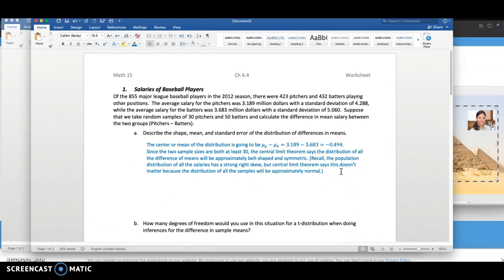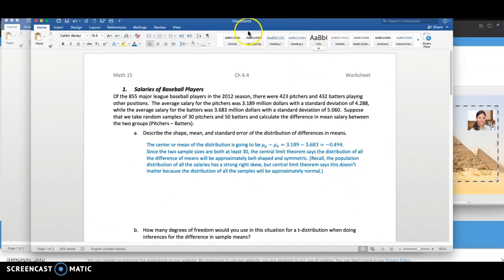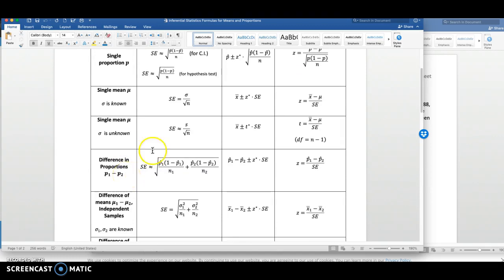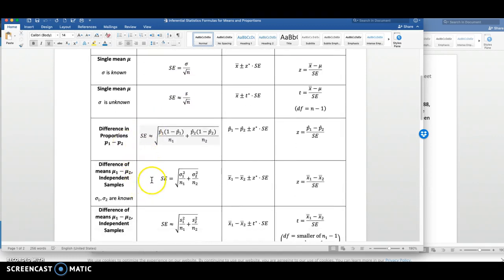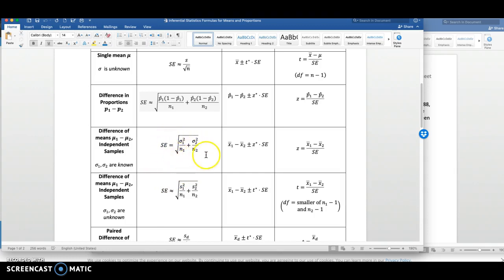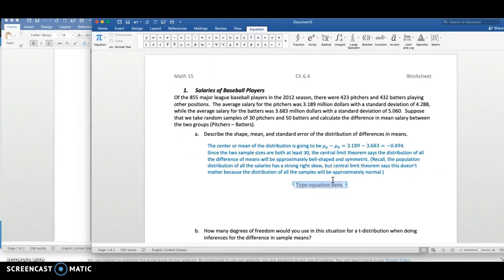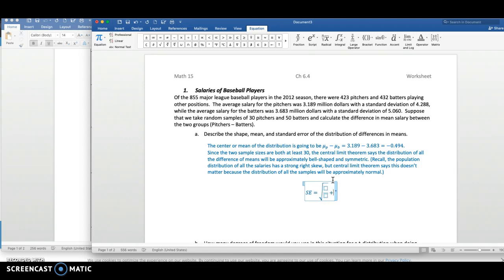All right, and then the last thing asked on this is the standard error. All right, so I want to look over here at the inferential statistics and formulas. We could compute the standard error with GeoGebra. For this one, I'm going to use this right here. Standard error is the square root of the standard deviation of the first group squared over the sample size plus the standard deviation of the second group squared over the sample size. So if I set that up, standard error is equal to the square root. I'm going to write this out. We're going to have